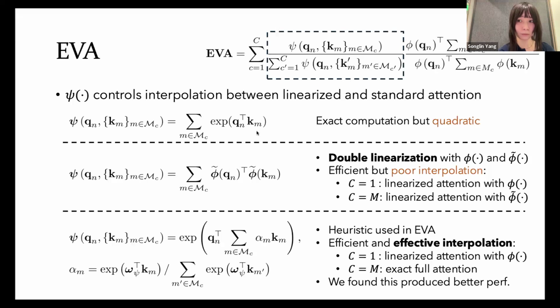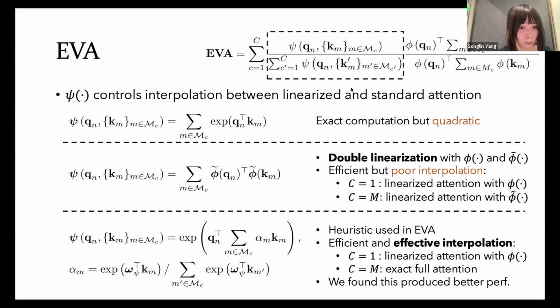The other option we explored is referred to as doubly linearized attention, or double linearization. We introduce a new set of random features, or feature functions, phi tilde, to approximate that quantity as well. It's called double linearization because we now maintain two different sets of feature functions, phi and phi tilde. The first is used to approximate the term on the right-hand side, and the second, phi tilde, is used to approximate the first term. This looks very promising because both terms can be calculated very efficiently, but unfortunately,